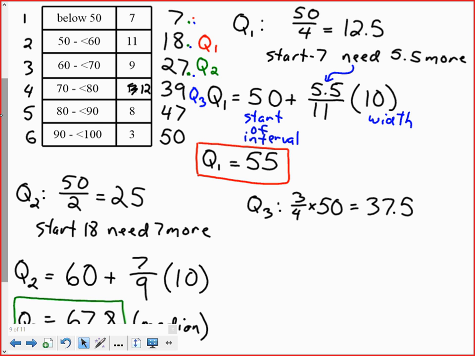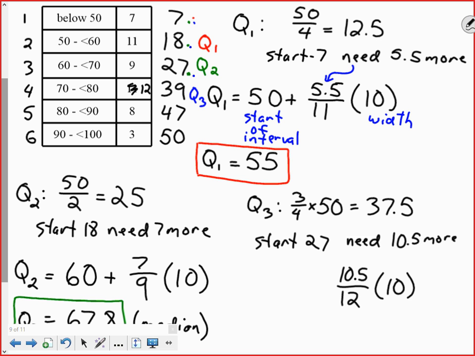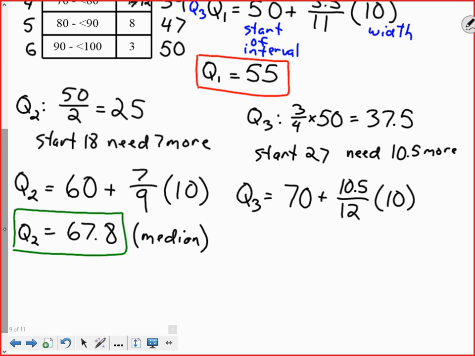So at the start of that interval, how many data points do we have? We've got 27. If we're going to get up to 37 and a half, we need 10 and a half more out of interval number 4. So 10 and a half out of how many are there in interval number 4? There are 12 values. It has a width of 10. Interval number 4 starts at 70. So our value for Q3 is going to be 70 plus 10.5 divided by 12 times 10. We work that out and we get,